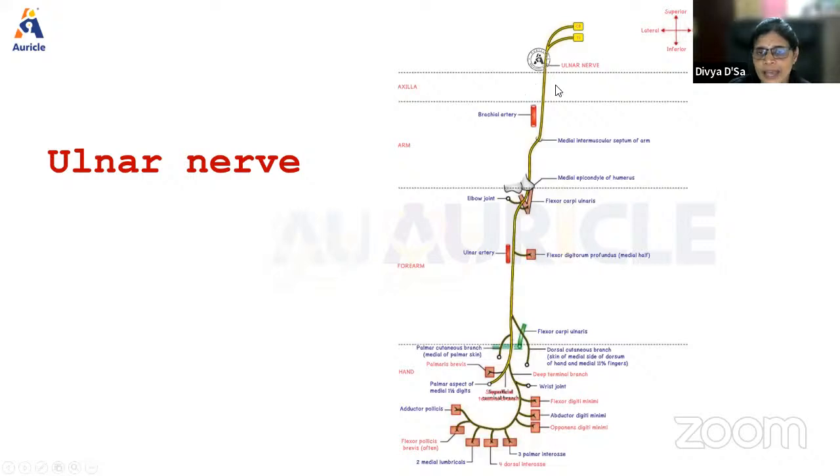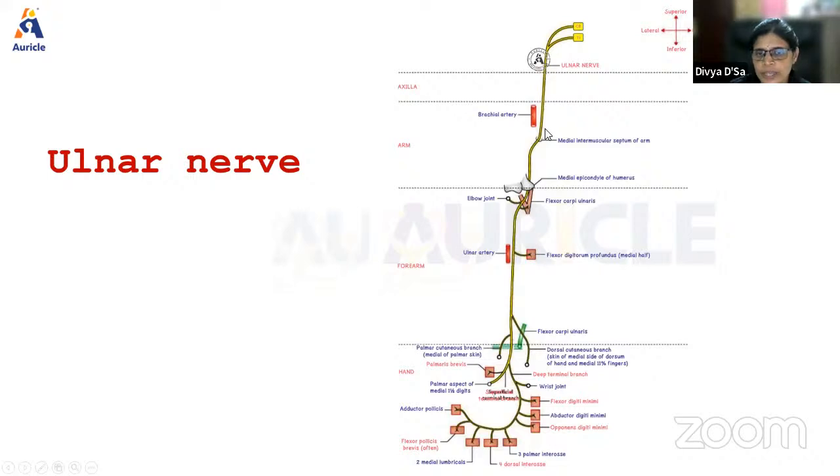Okay, so in the axillary region, it doesn't give any branches. You can draw a diagram like this. You don't have to draw the arm and all those things. You can make these divisions and show the structures. Only thing, you just show which is superior, inferior, lateral, medial like this, and show this is the ulnar